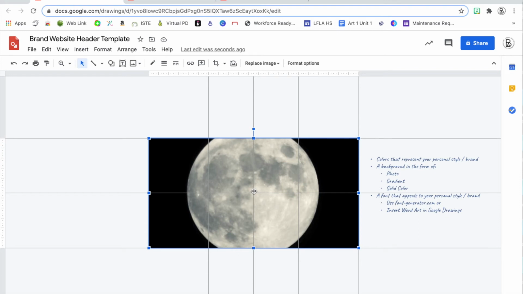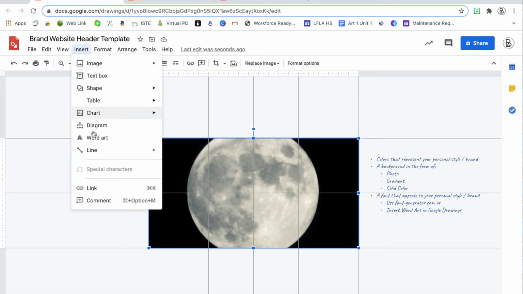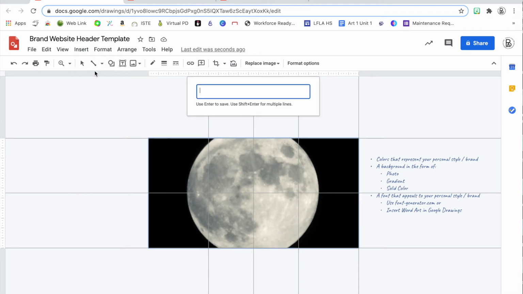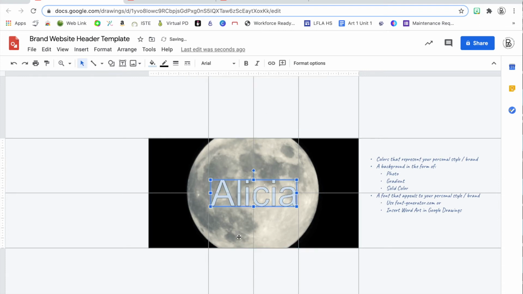The next thing that I'm going to do is I'm going to add the text for my homepage. For your homepage, you want people to know that this is your portfolio, so your text should include your name. I'm going to use WordArt, the WordArt function that's here in Google Drawings, and the first thing I'm going to do is type my first name, and then I'll say enter. The way WordArt works is that it will use whatever font you have selected here, and I'm going to try Pacifico,